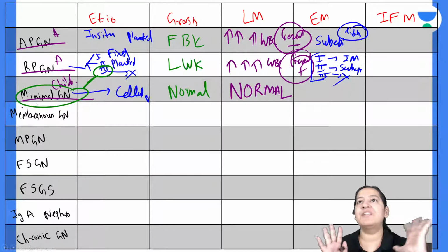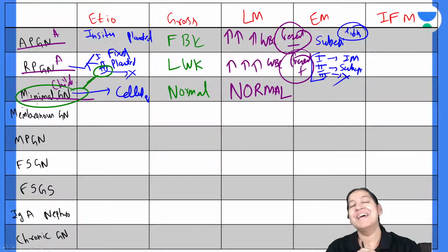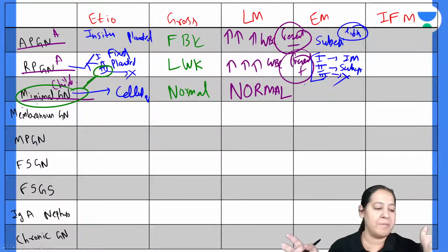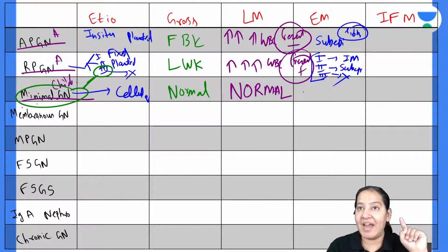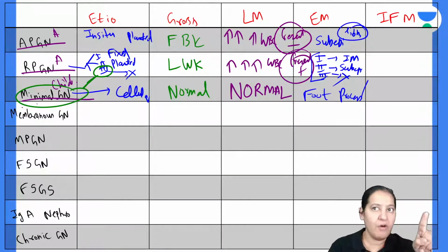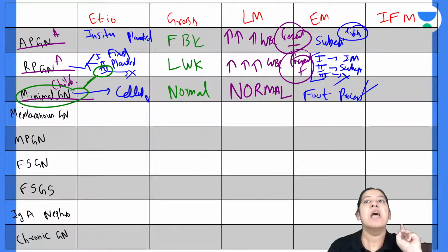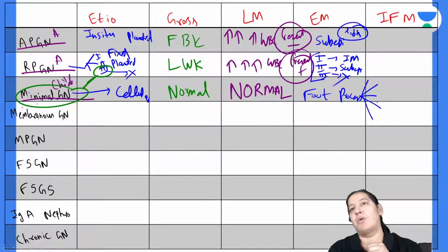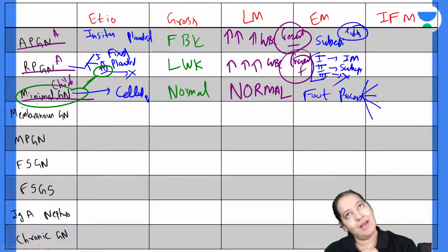What about electron microscopy of minimal change disease? Who will tell me? In minimal change disease on electron microscopy, we didn't get deposits. Deposits are not there, neither subepithelial nor intramembranous, not anywhere else. We will find here flattening of foot process. Either you say flattening of foot process, effacement, fusion, obliteration, or loss of foot process, the meaning is same. So there is a problem with podocytes. Foot process means podocytes. The visceral epithelium, that is problematic. Give me a thumbs up. So this is the electron microscopy in minimal change disease.